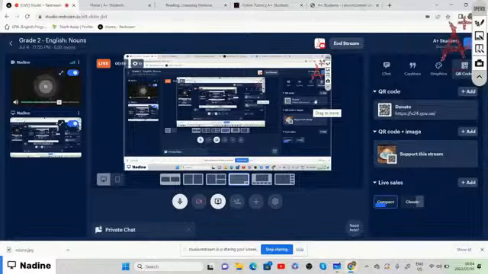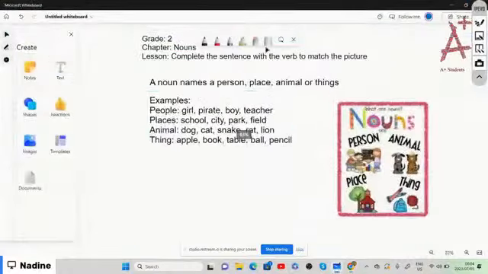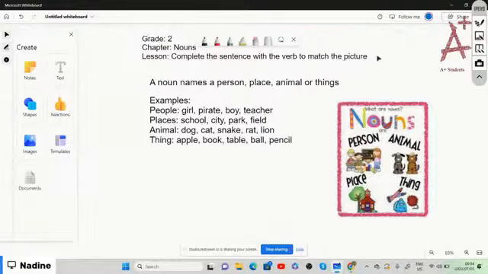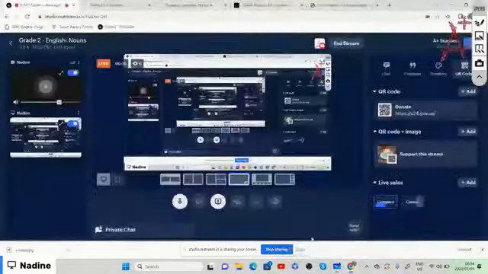So for today's lesson, we are going to do nouns, right? Our chapter is nouns. The lesson for today is to complete the sentence with the verb to match the picture, right? So if we go to the tutorial page